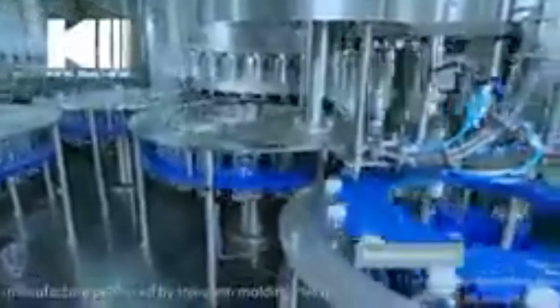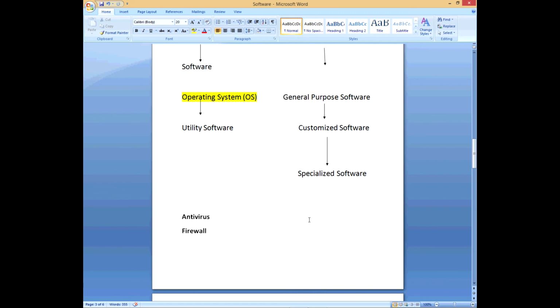Okay. Quick question. Who remembers what we call anything that's connected to the computer? What do we call any device that's connected to the computer? Starts with a P. Anybody remember? It's called peripherals.